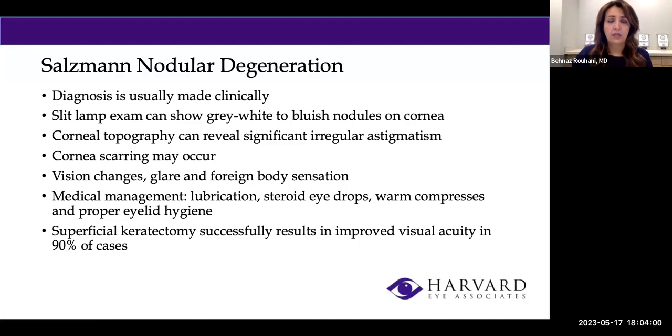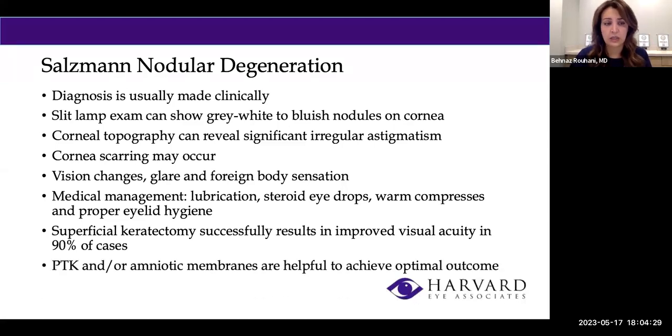Another thing, this is another case where we do superficial keratectomy, or removing that surface of the cornea to make it nice and smooth and help the cornea regenerate the surface itself to be less lumpy, bumpy technically, and less irregular, reducing the amount of astigmatism in order to improve visual outcome. And this minor surgery itself will provide improved visual acuity in most of the cases.